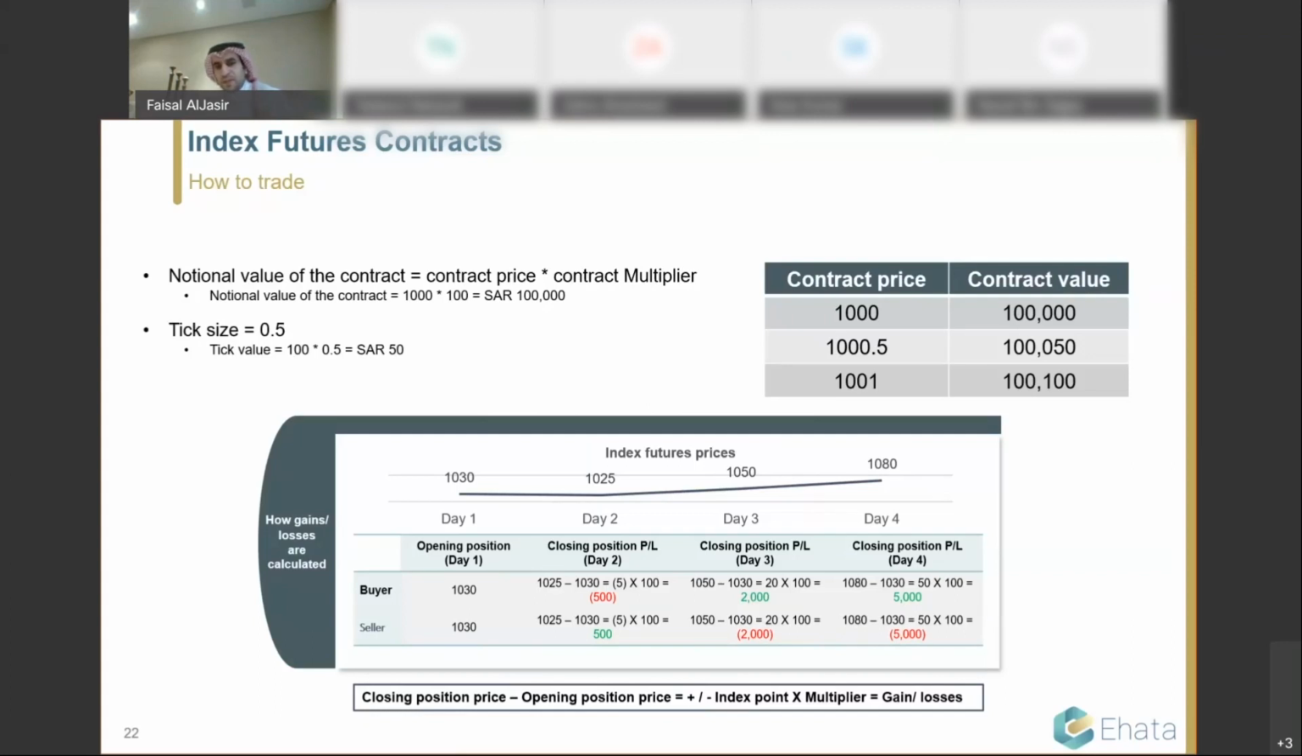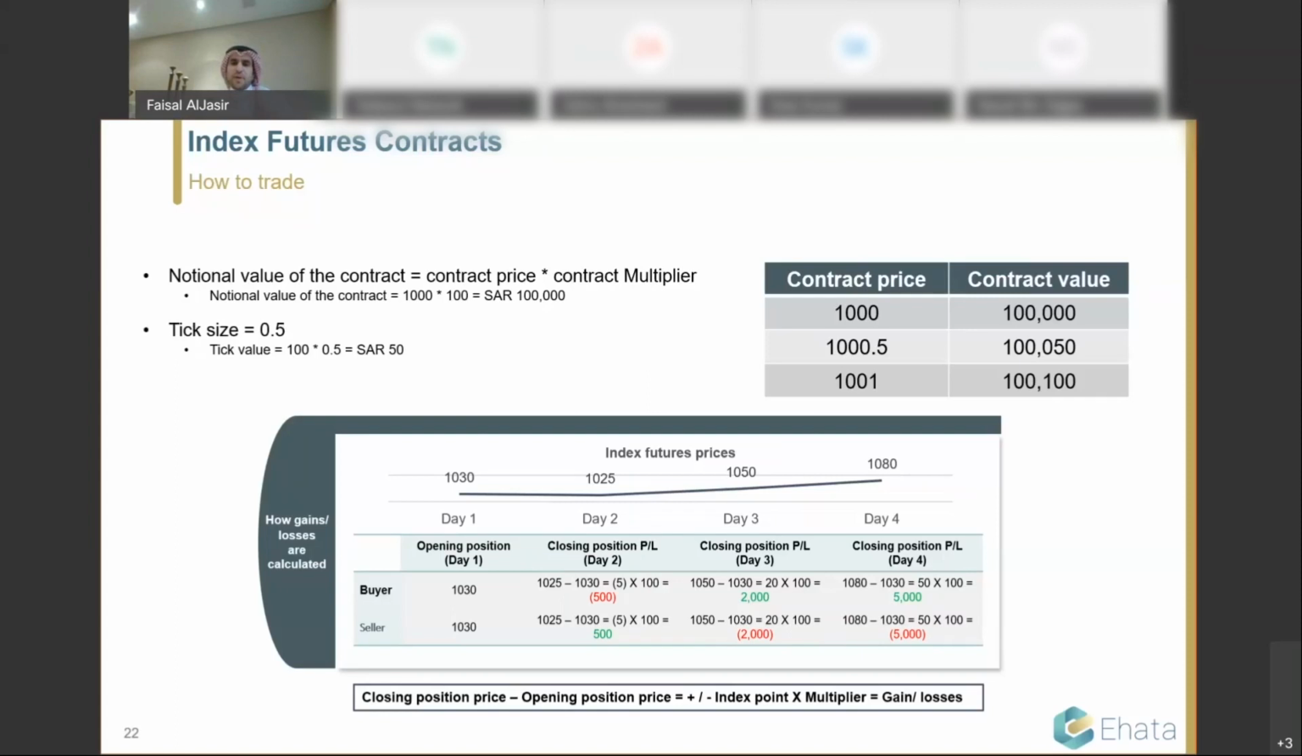Basically, from a buyer perspective, we just said that he will gain if prices go up. He's a buyer, he's buying it cheap if prices go up, and the seller will gain if prices go down. He's a seller, he will gain if prices go down and he sells at an expensive price. So when prices go to